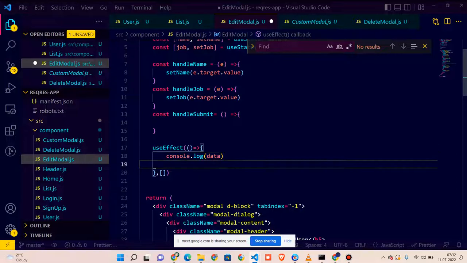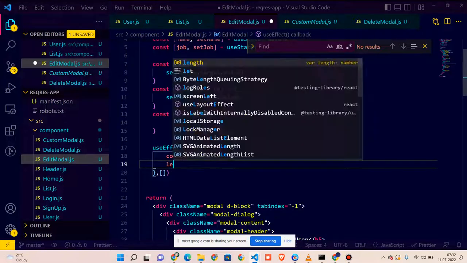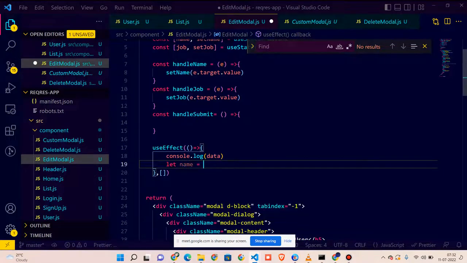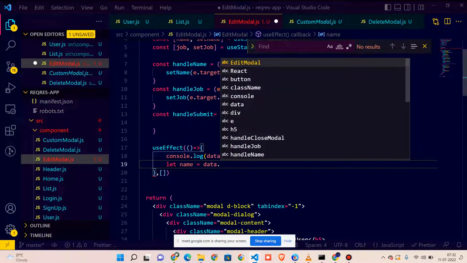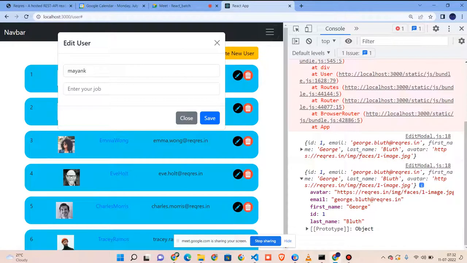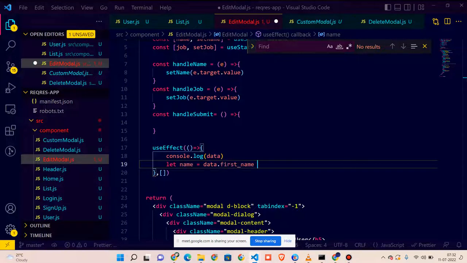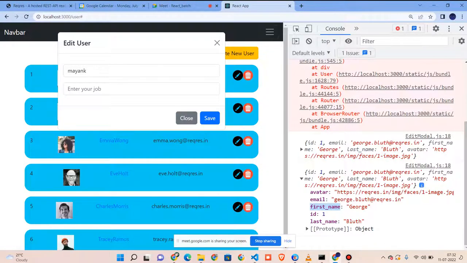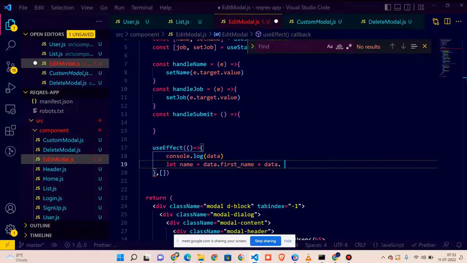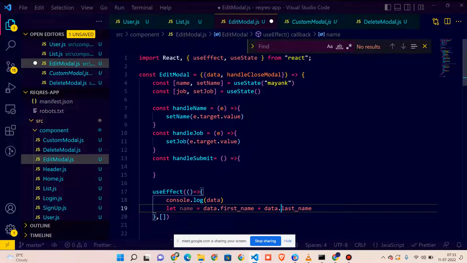So first of all, what we will do is get the name. Let name is equal to data.first_name plus data.last_name. Cool. And we will set the name value is equal to